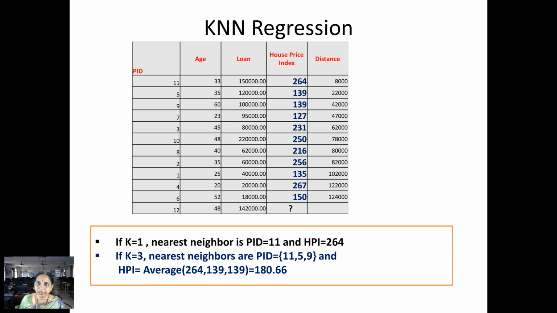The house price index for the first three records is 264, 139 and 139. If I take the average, I will get 180. So if k is equal to 3, for the test record, that is person ID 12, the house price index will be 180.66. So this is the process we need to use for the k nearest neighbor algorithm for classification and regression.